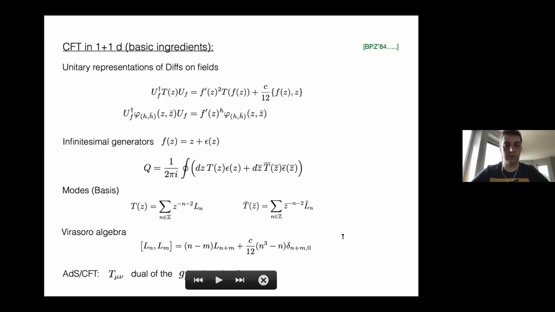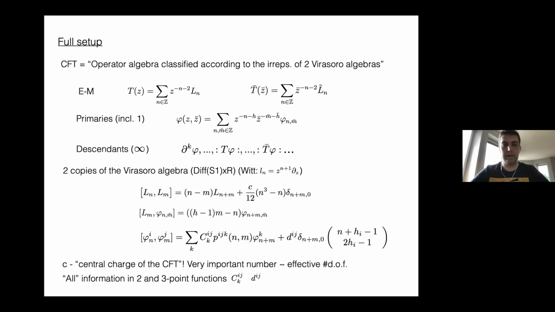And let me also state that in the AdS/CFT correspondence, the T mu nu, the energy momentum tensor, is actually dual to the graviton or the metric. So this will also be interesting and play some role in the talk. Yeah, I have one more slide about the full setup. I'll actually not need that because in most of the talk, I'll only talk about the symmetry of the CFT,